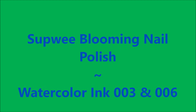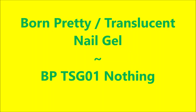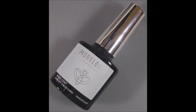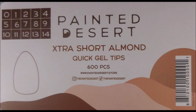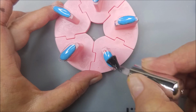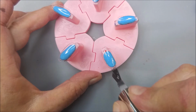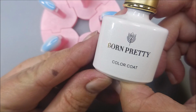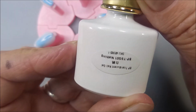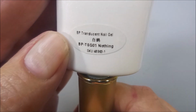Today I've got the Supwee Blooming Nail Polish Watercolor Ink 03 and 06 and Born Pretty Translucent Nail Gel. It's BPTSG01 called Nothing. I'm starting off with the Model 1's base coat. It's just a regular gel base coat on my Painted Desert Short Almond Nails. I've got the base coat down and cured, and here is, turn that bottle around, girl. It is the Nothing,